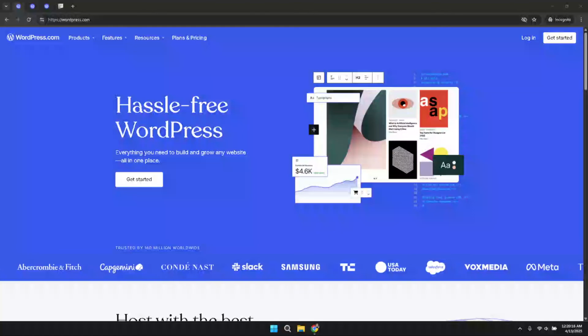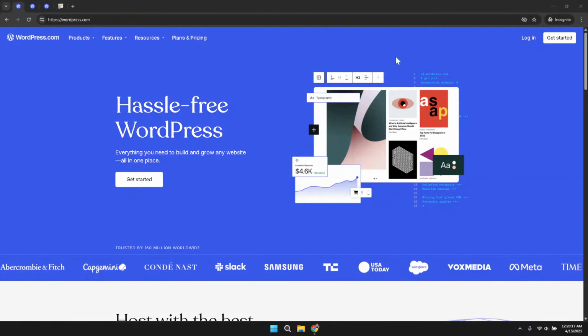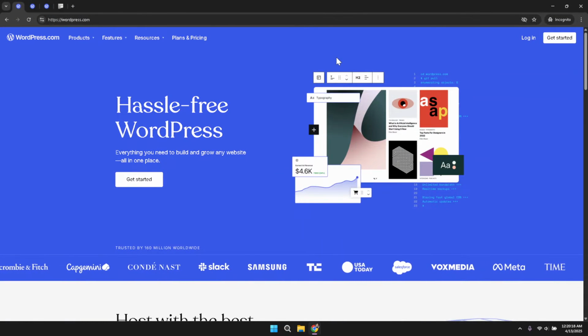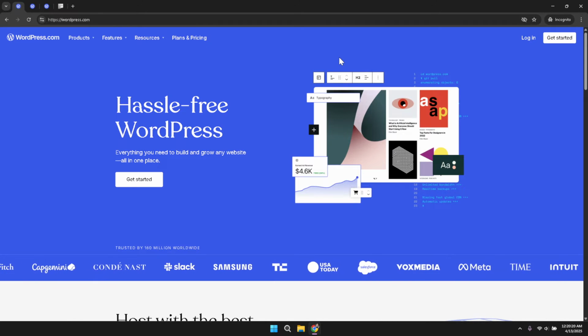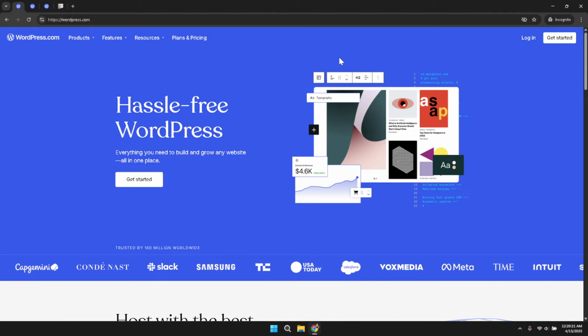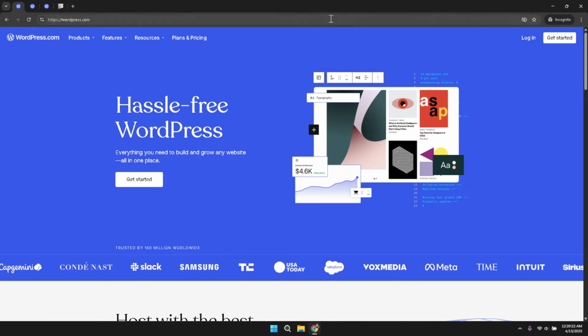In this tutorial, you will learn how to remove an underline from your text using WordPress in just a few minutes. Begin by navigating to the WordPress website in your preferred browser. Once the homepage has loaded, locate the login option positioned at the top right corner of the screen and click